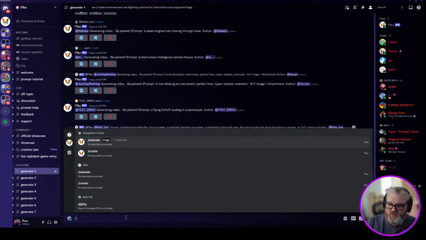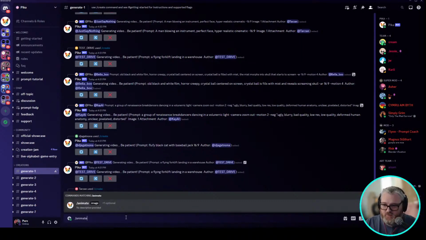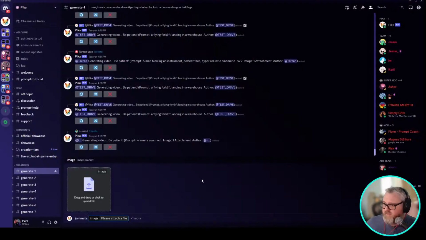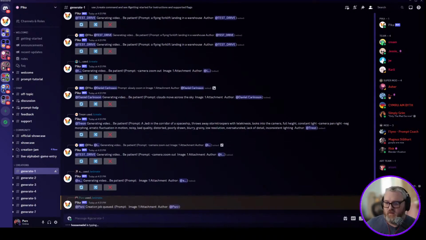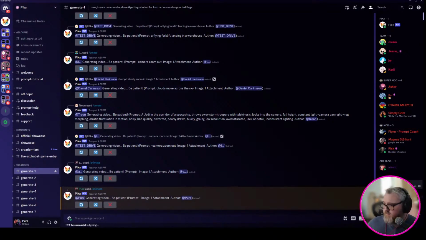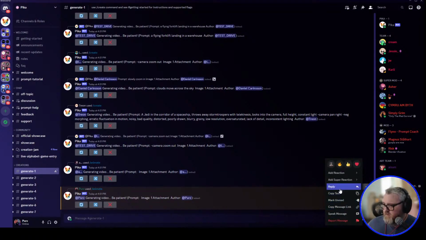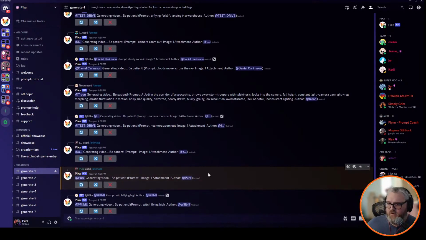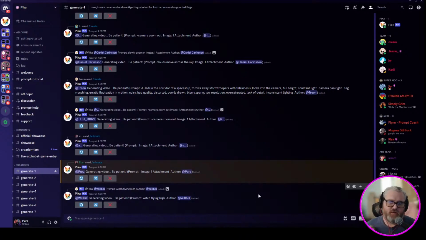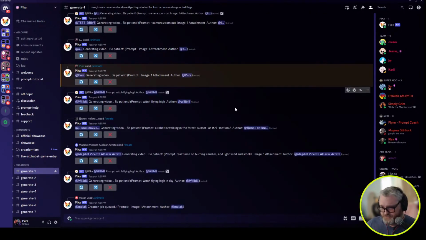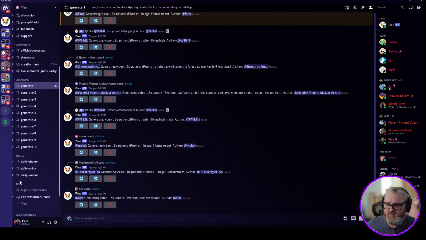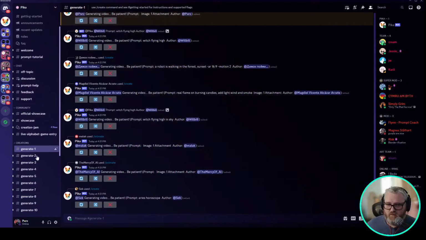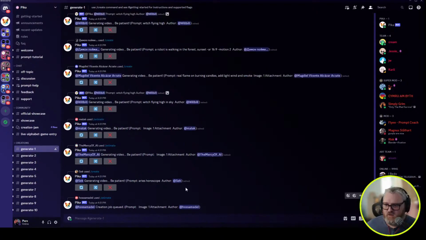We type slash, and for the first we'll just do animate. So let's do slash animate. Then you just drag the image into the little box and hit go, and it's going to generate a prompt. I don't know if I can create a thread with this or not. No. You just have to wait for it. They'll ping you when the stuff is done so you can get right back to it. So if you miss it in the big pile of stuff that's going on, don't sweat it. You'll get a ping and you can check it in your little inbox in the top right there. As you can tell, it's pretty busy these days. They've got a bunch of generation channels, so just find one that's not super active and start playing.